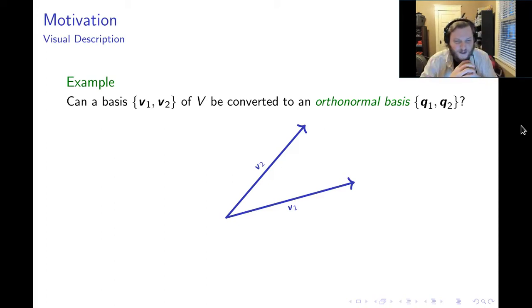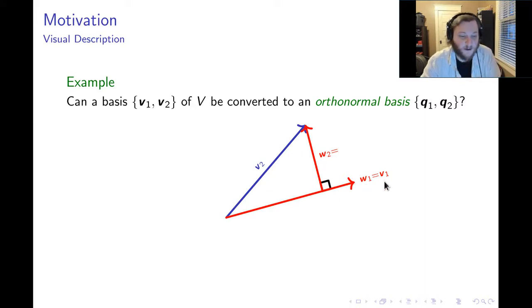This idea is going to manifest itself in two stages. The first thing I'm going to do is define a vector called w1, and w1 will equal v1. The next thing we're going to do is define a vector w2 by looking at how the vector v2 projects onto the vector v1, which is w1. If we look at our figure here, the projection of v2 onto v1 defines this vector w2 that forms a right angle with the vector w1, which is equal to v1. Mathematically, I can look at the figure and figure out how to get from start to finish for w2. I go against the projection and then with v2. So w2 here would equal v2, this second vector in my original basis, minus